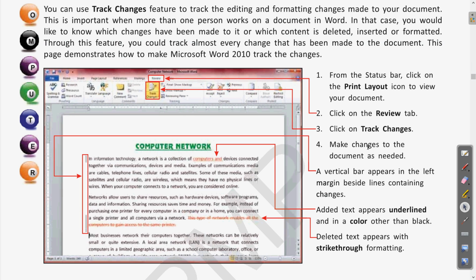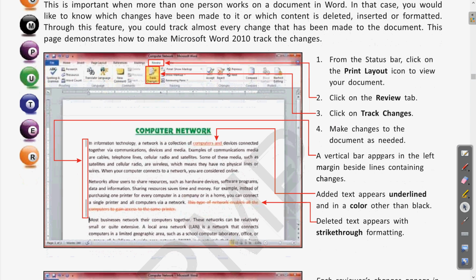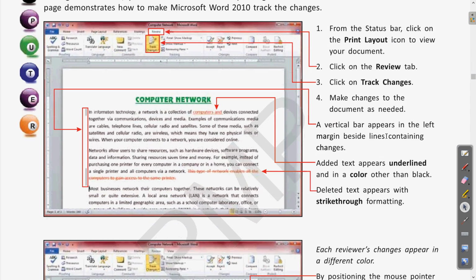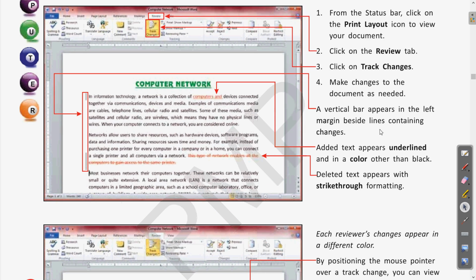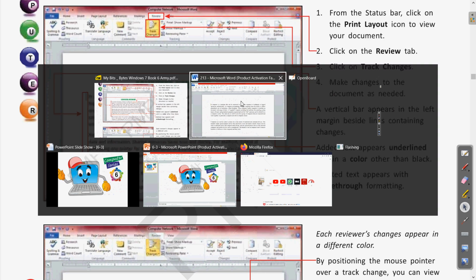So here is step number 3. Click on track changes. Now make changes to the document as needed. A vertical bar appears in the left margin beside lines containing changes. Okay, so for these things, let me come to the document again.